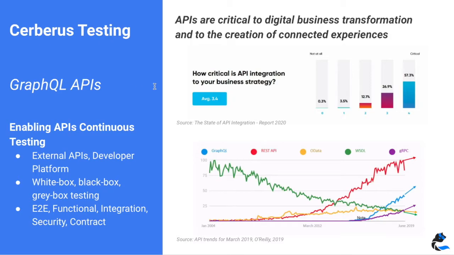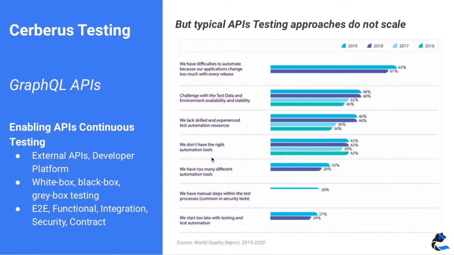In the same way as we shared on REST API, there is a really key business trend and transformation around considering APIs critical to the strategy and digitalization of companies. As we see in the graph below, companies have clearly decreased their use of SOAP and WSDL protocols. REST API is still increasing and still number 1, but since 2015 we see a big and steady emergence of GraphQL, which is why we'll share today how to test this type of API.